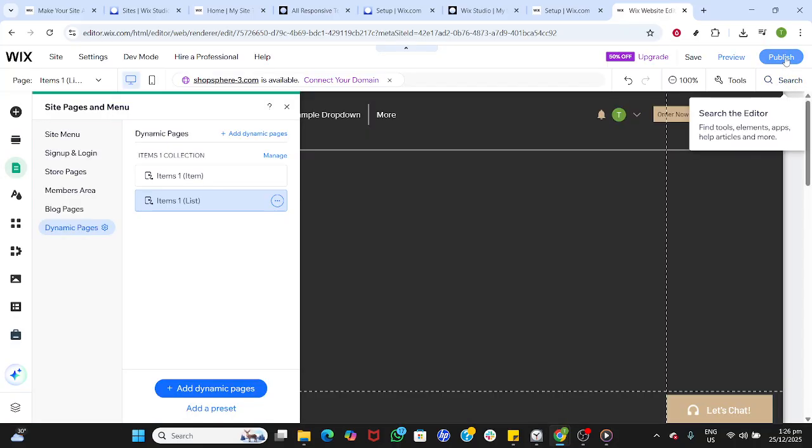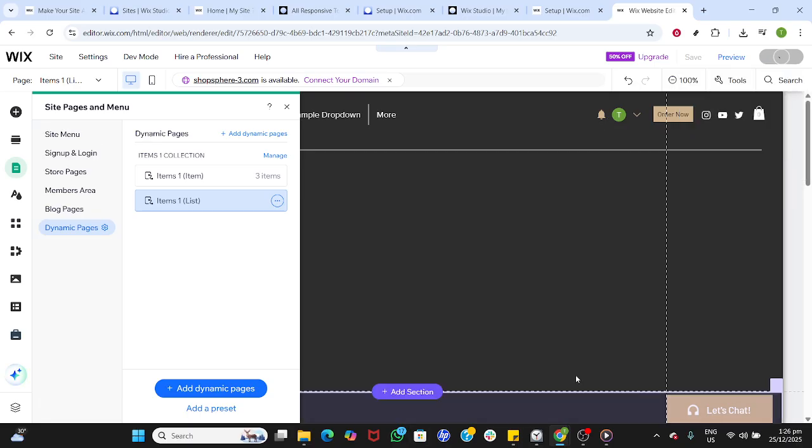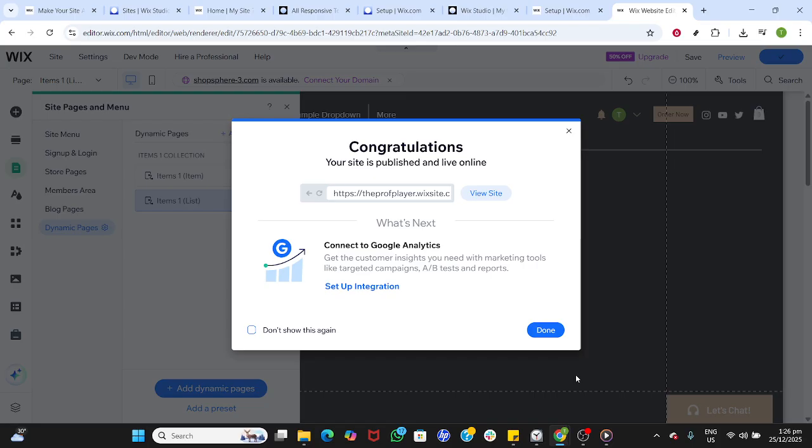Finally, publish your work. Click Publish in the top right corner of the editor. Wix will process your changes and push them live. If you're not ready for the public to see them yet, remember you can keep working in the editor and publish only when everything looks right. That's it. You've added pages, explored key categories,